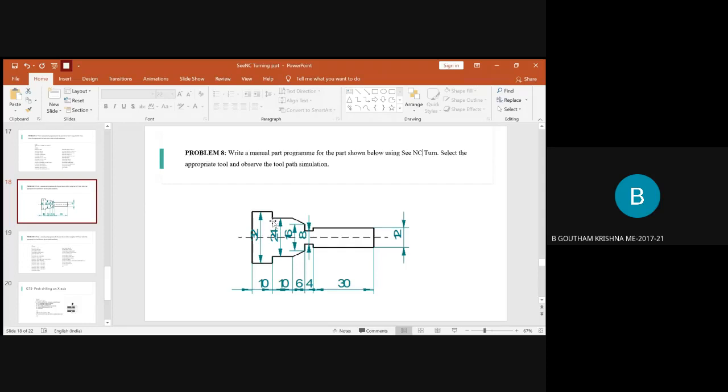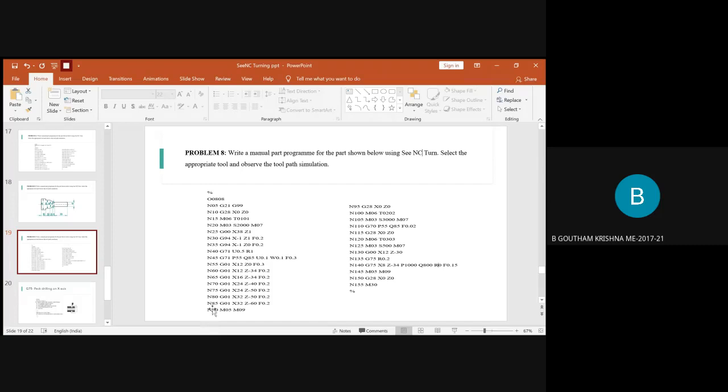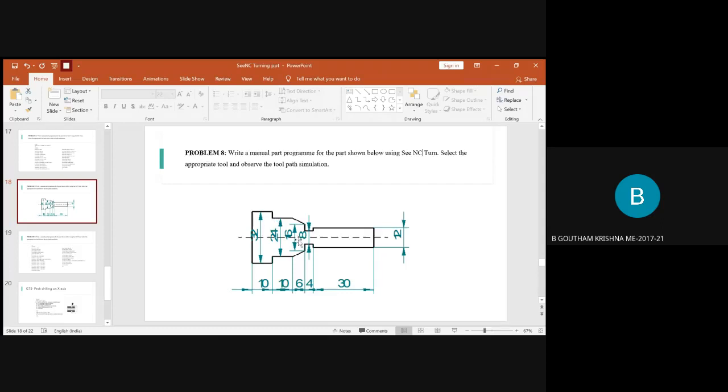Once it is at this position, it has to go to the next block of diameter 32. So now you will provide the value of X equal to 32, but the value of Z remains the same, which is minus 50. So you will write X32 and Z as minus 50. By default, you have to write G01 because we don't have any circular interpolation in this problem. All are linear interpolation. So you'll first write G01, X equal to 32, the tool is over here, and Z is minus 50. So the tool is over here.